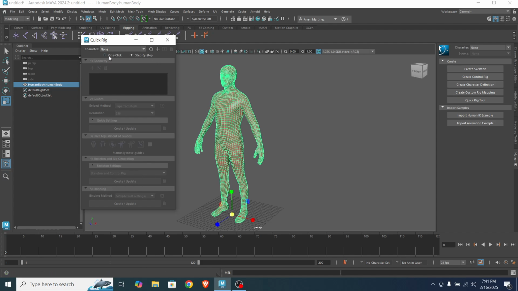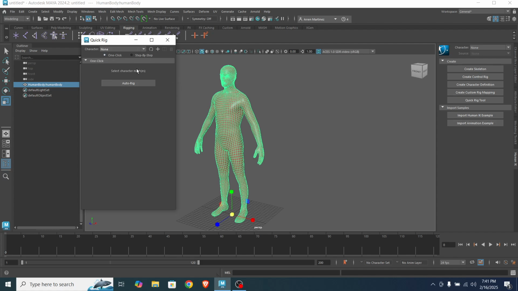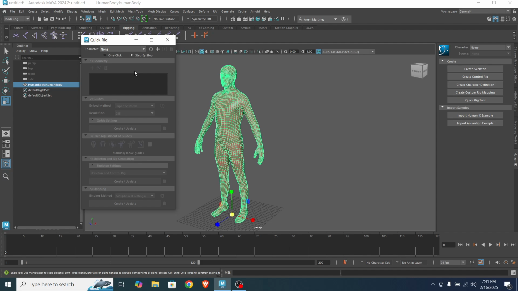So all of these will be automated by Maya and applied to the character. So that is option 1, the one-click procedure. But this time, I will show you the step by step process.